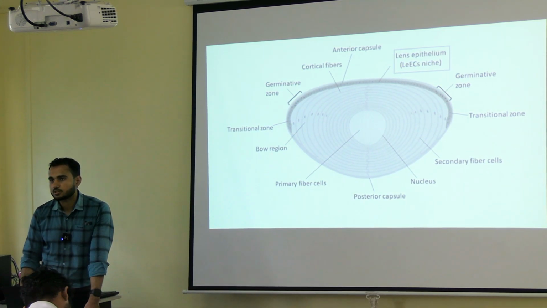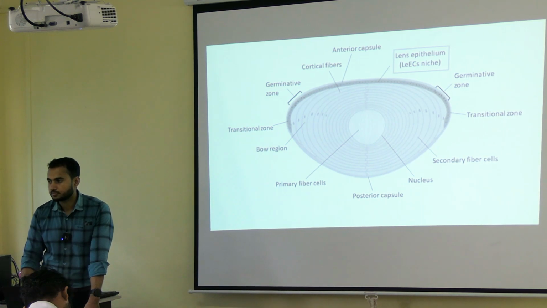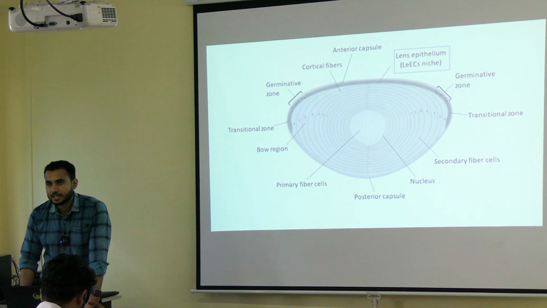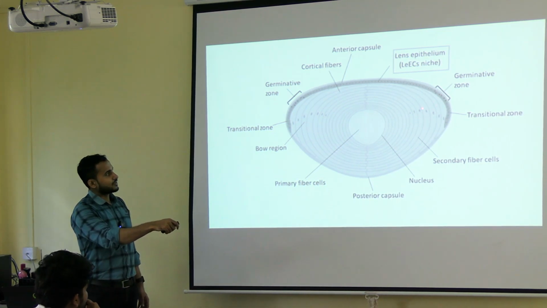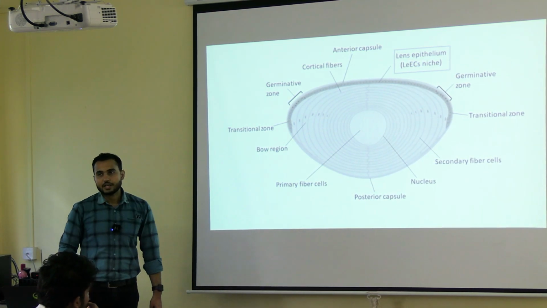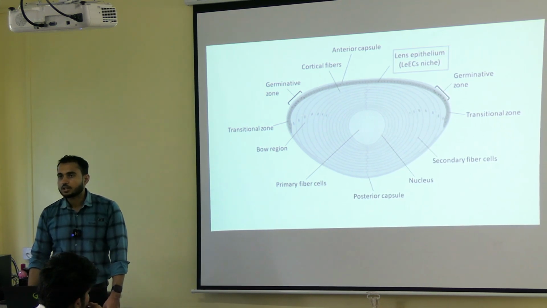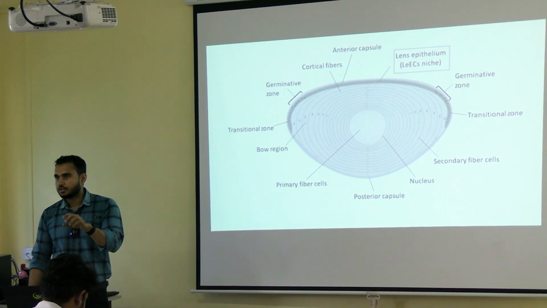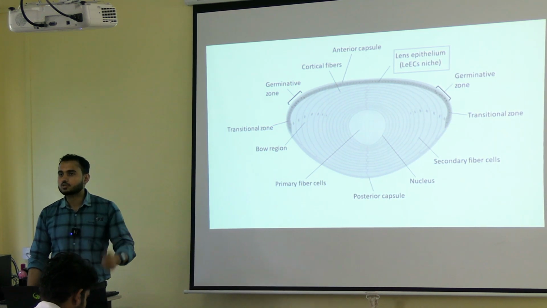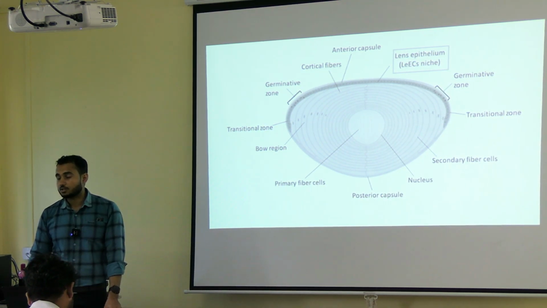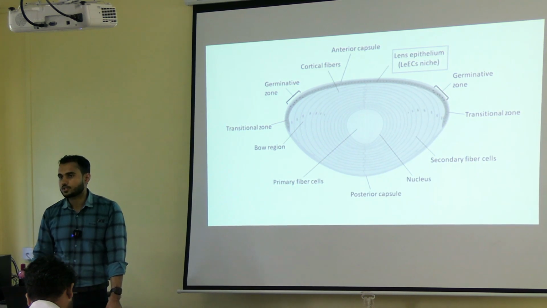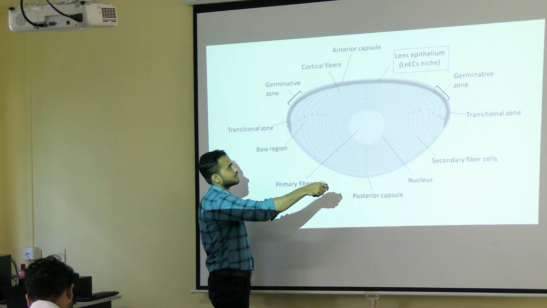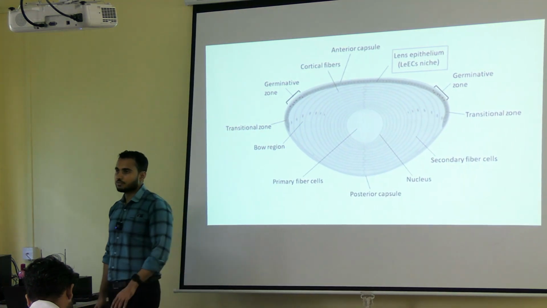What will be the difference? Can you see any difference in the diagram? I am asking about the lens fibers. The newly formed lens fibers present at the periphery, at the cortex, have nuclei and cell bodies, cell organelles. But once they go towards the center, the nucleus of the fiber disappears. As you can see, here the fibers are not visible, but here you can see the fibers are present. So these are some differences.